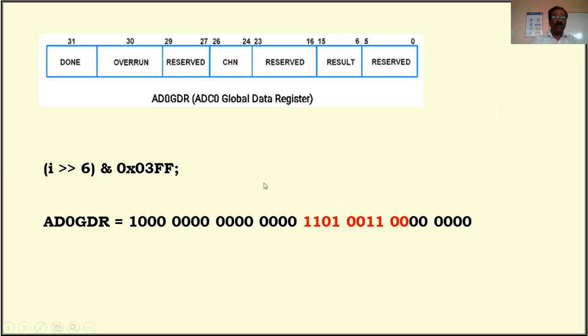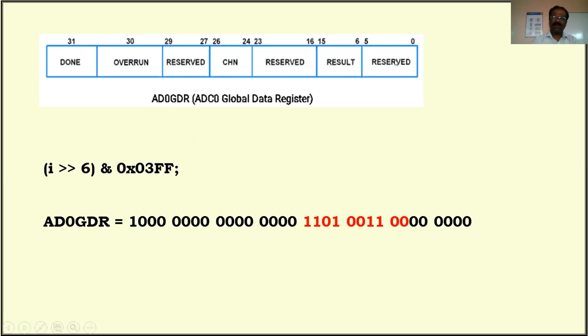Now here one more thing. We know that if the done bit is 1, the conversion is completed. The converted result, the digital value, is available starting from bit number 6 to bit number 15. That is a 10-bit result. Digital information is available here. If it is 3.3 volts, we get 3FF, or in another way, 10 ones. Then what we have to do is bring this result starting from bit 6 down to zero.